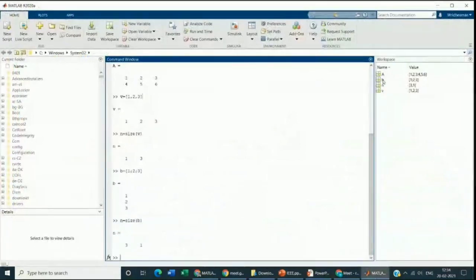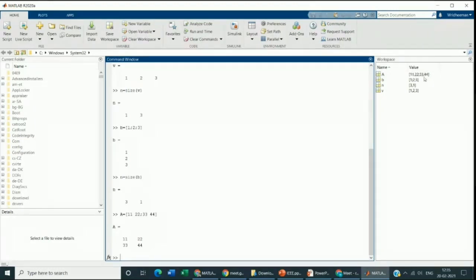As you can see, the matrix A we assigned earlier has the values 1, 2, 3, 4, 5, and 6. So in the workspace, the values are A equals 1, 2, 3, semicolon, 4, 5, 6. If we again assign A, the values of A get changed to 11, 22, 33, and 44. So the value got overwritten by the previous one.